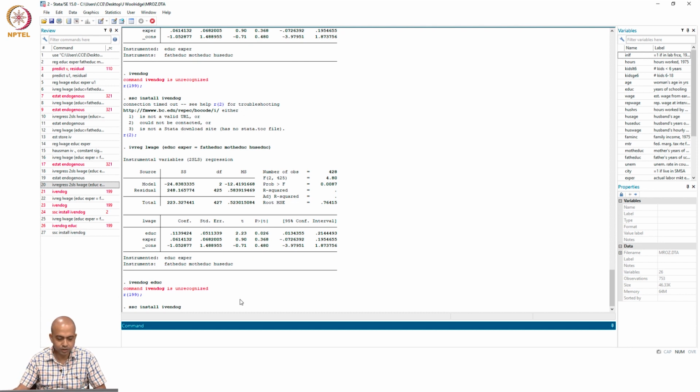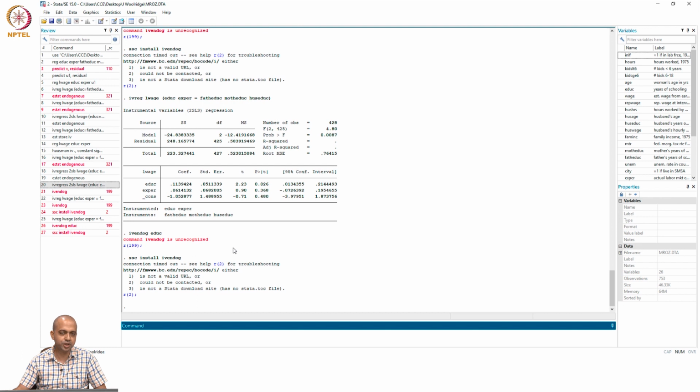So, if it does not work, nothing to be worried. What I am saying is, using this ivendog command, you can specify which particular variable you want to use for endogeneity. So, you can first use ivendog education and see whether education is endogenous or not. Then after that, you can use ivendog experience to test whether experience is endogenous or not. So, this way you can test the endogeneity of a specific variable, which was the limitation of the Hausman test, since the Hausman test uses the F test. That is the problem.